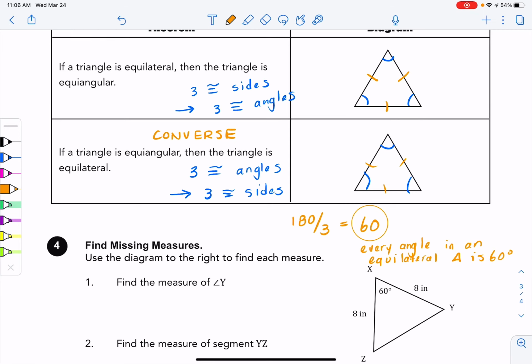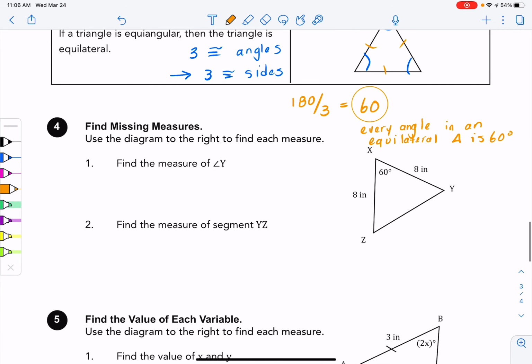Okay, and to go over a couple of examples. The first one, it says find the measure of angle Y. Angle Y is this angle here. So, recall that we have a lot going on here. We have two congruent sides. Two congruent sides means two congruent base angles. If we have two congruent base angles, and we know that the third angle is 60 degrees, I'm sure based on what I just said, you all know the measure of angle Y, but I'm just gonna write out the